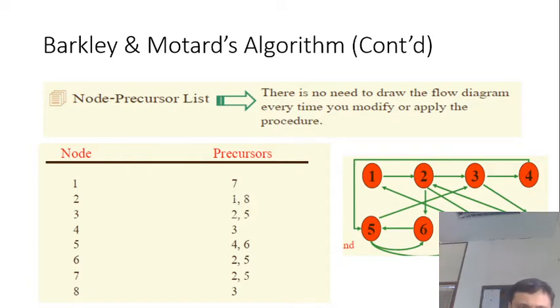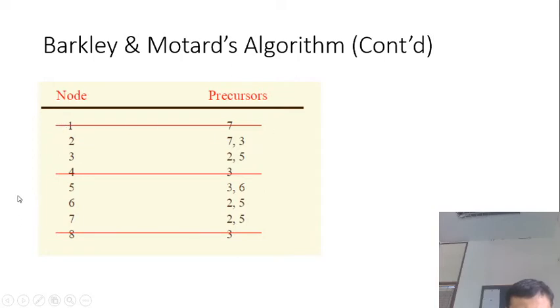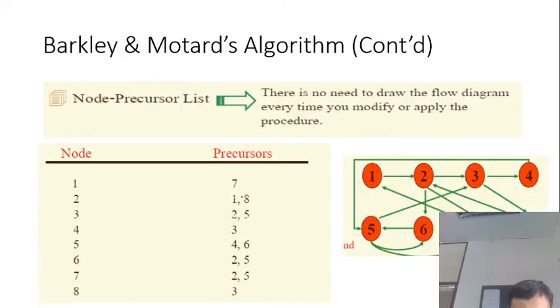The first is single precursor. So to eliminate all the single precursors, 1 is eliminated, 4 is eliminated, 8 is eliminated, and wherever 1 is there, represent that with 7. Wherever 4 is there, represent it with 3. Wherever 8 is there, represent that with 3. So you eliminate all single precursors. If there are more than one places where 4 appears, represent that with 3. If at more than one place there would be 1, represent that with 7, likewise.